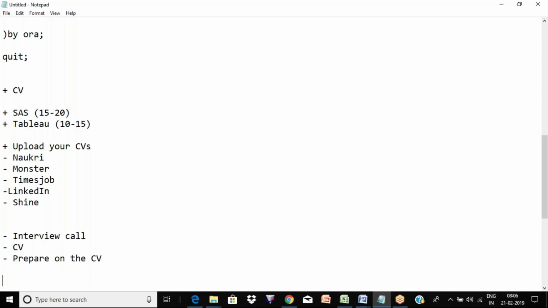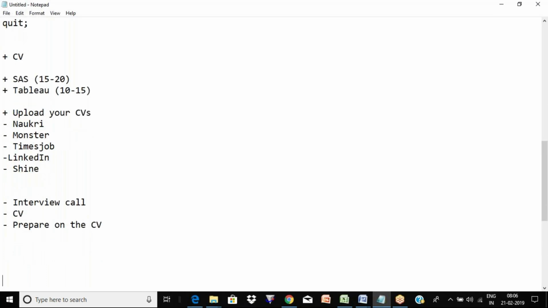What do we mean by prepare on the CV? Go through your CV on each and every point, and ask certain questions to yourself. What are the different questions you might expect from them? Literally be prepared. They'll ask, can you introduce yourself? So literally write down on a paper what you will talk about to summarize your entire profile. They'll ask what the different projects are. So before they ask, have the set of questions on that document. Be prepared thoroughly on that.